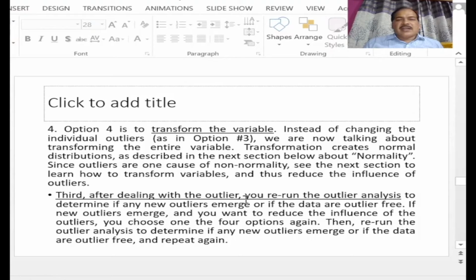After dealing with the outliers, we can rerun the outlier analysis to identify whether any new outliers are emerging, or whether we have data which is outlier free. And once we have the normal data, we can go for